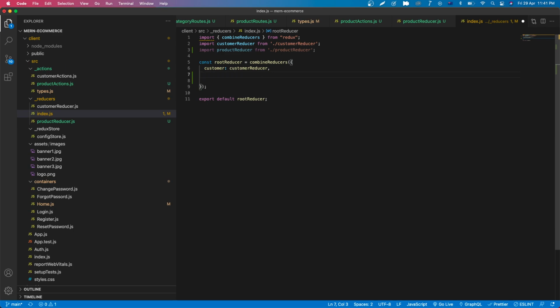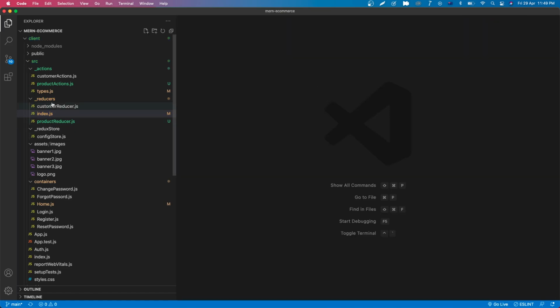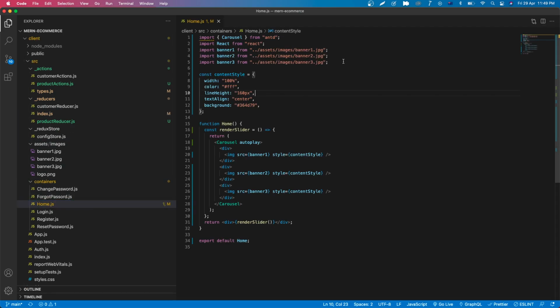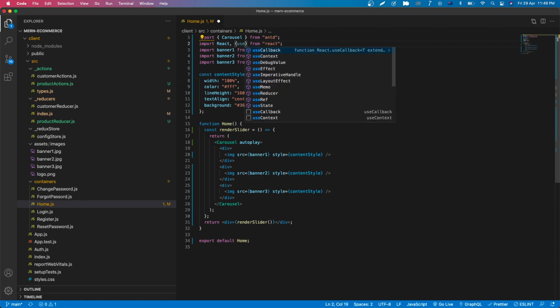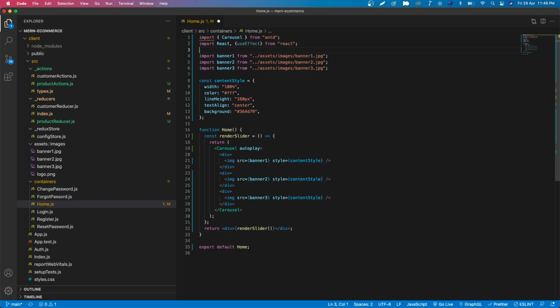Then we define the state for product with product reducer. Then save the file. Then let's close the file, and we just need to open the home.js file. Then we will import useEffect from React. And then we'll